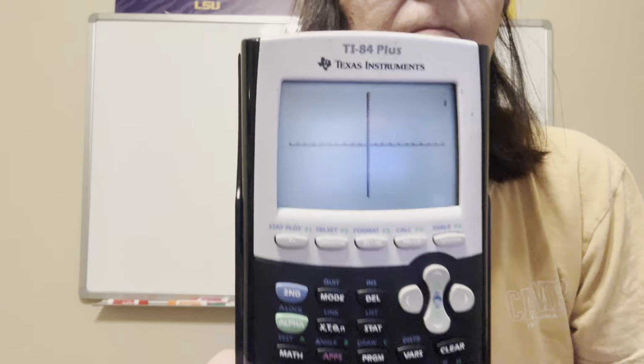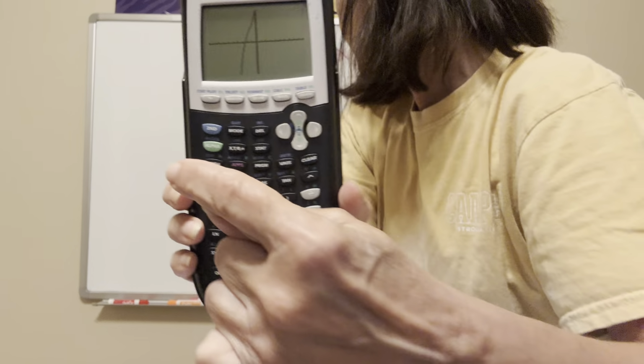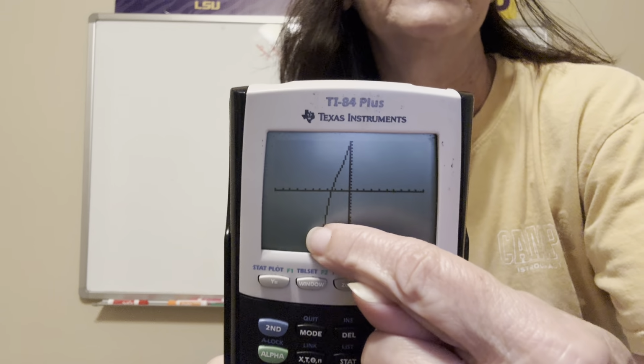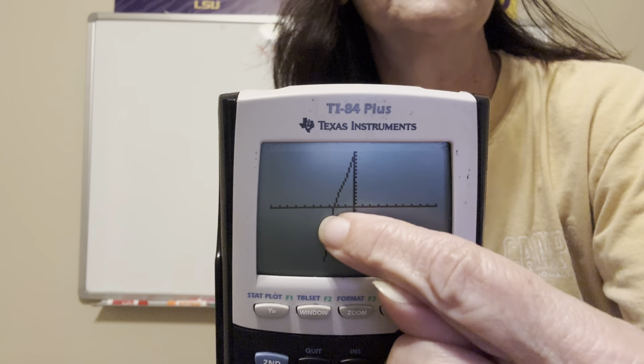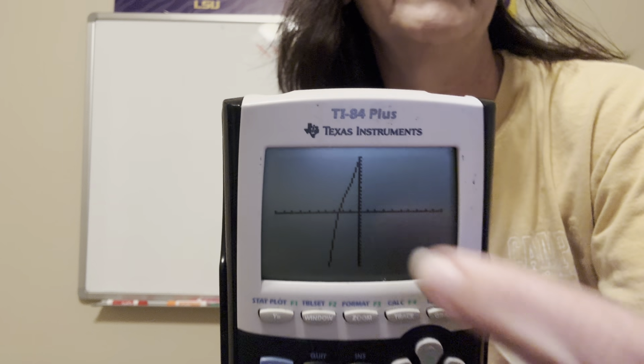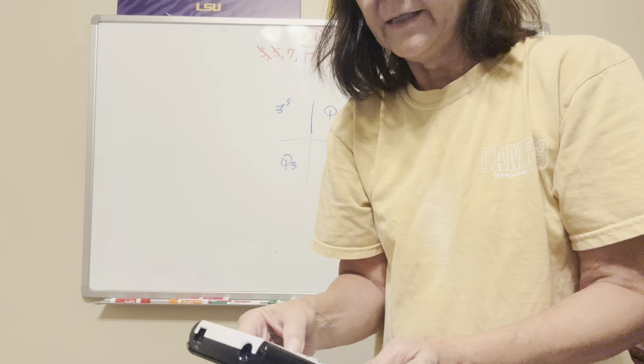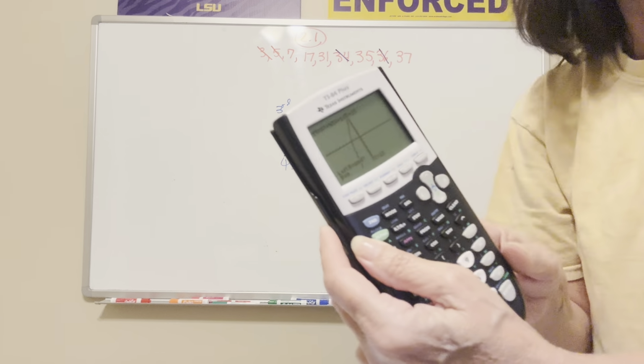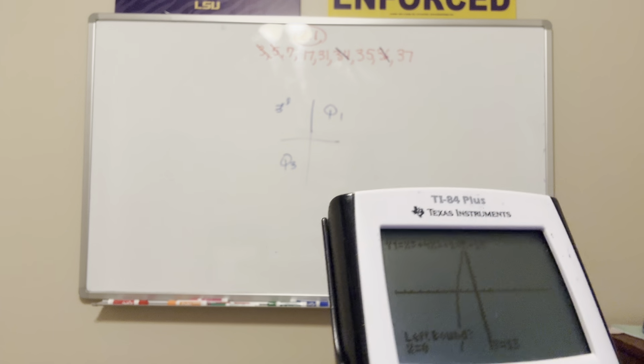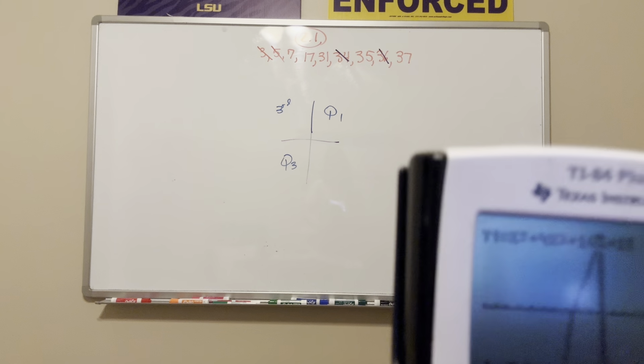Graph it. Okay, it starts in quadrant 3. This is so backwards. And ends up there. So this is left bound. That's right bound. I do second trace 0. Second trace 0. All right, I'm going to go here. Hopefully you can see it. All right. So I'm looking at